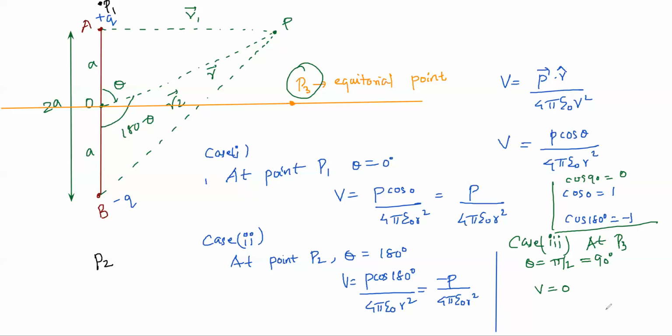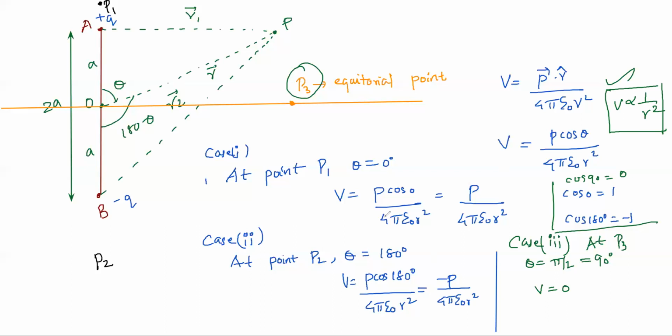So this is our final expression. Our expression is V equal to p vector dot r cap by 4 pi epsilon naught r square. This is a very important formula, and this can be written as p cos theta by 4 pi epsilon naught r square. The potential due to a dipole varies like 1 by r square. This is entirely different from the potential due to a single charge, which varies like 1 by r. An important point to note is it is angular dependent, not only position dependent. It depends upon position and the angle theta, which varies from 0 at the positive charge to 180 degree at the negative charge.